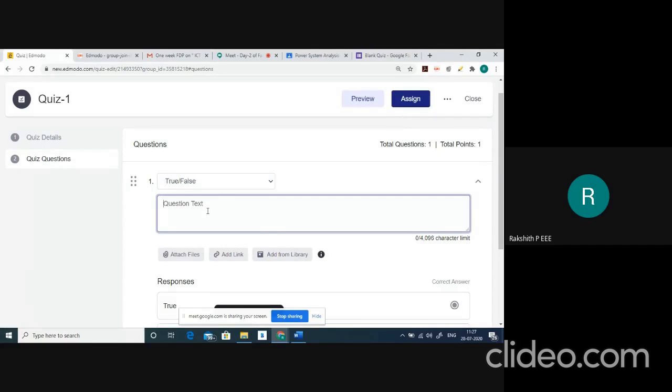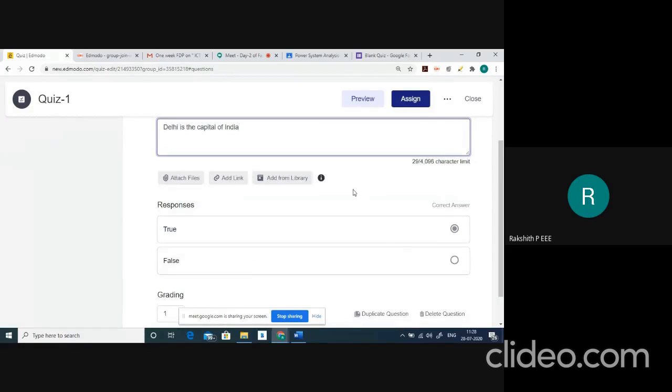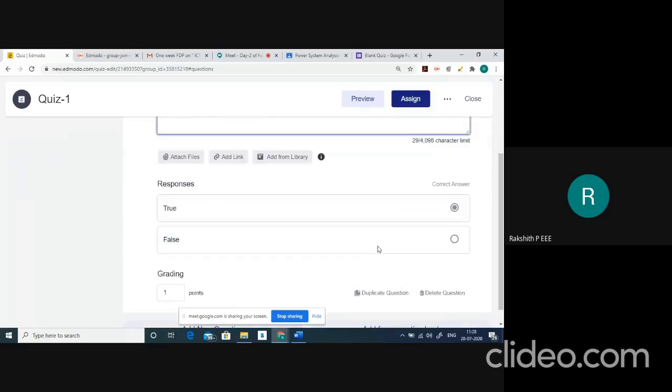So I'll enter the question. The question is, Delhi is the capital of India. Since this is a true or false question, you have two options.